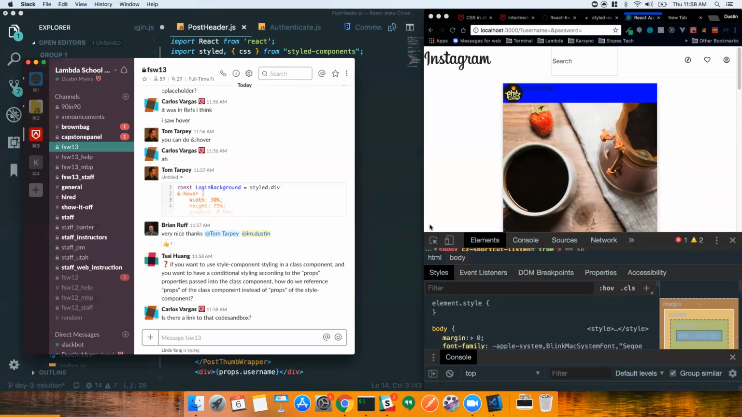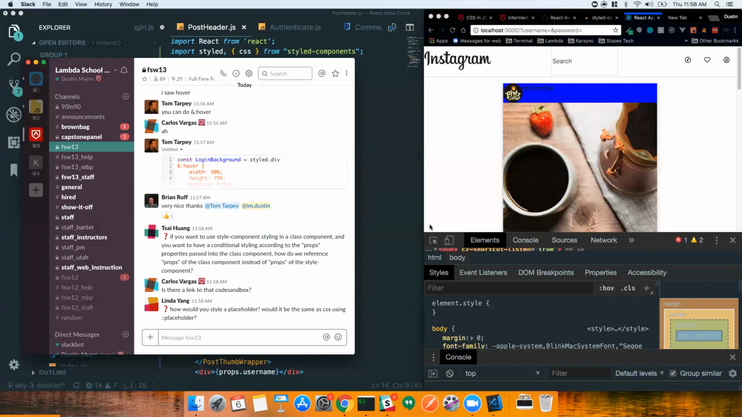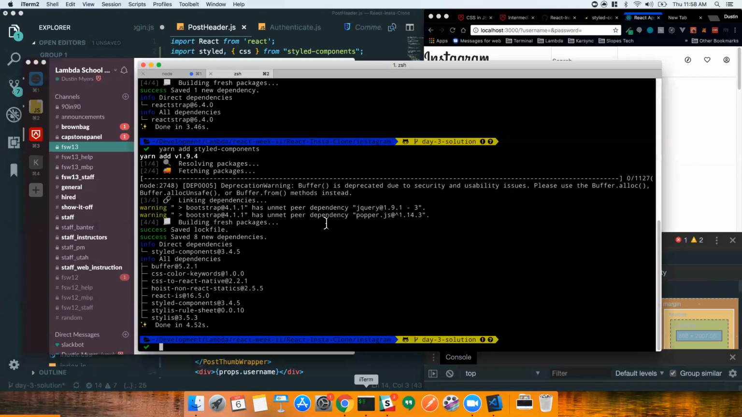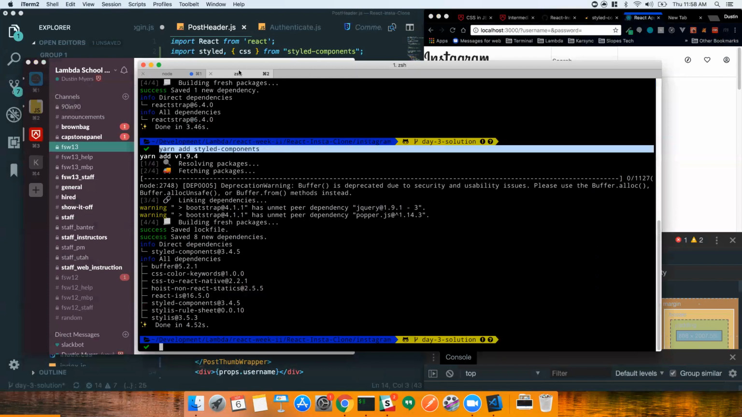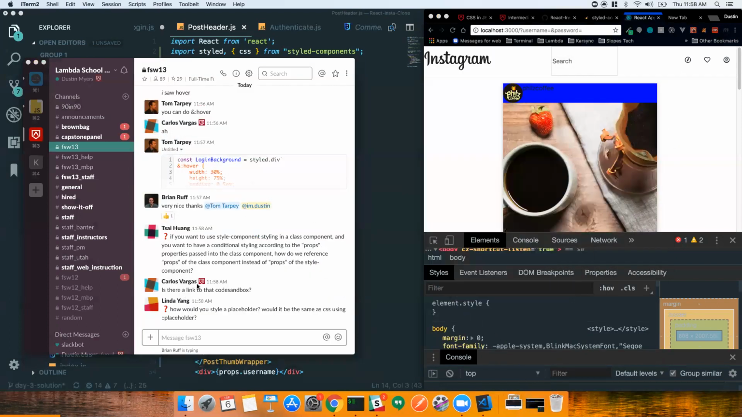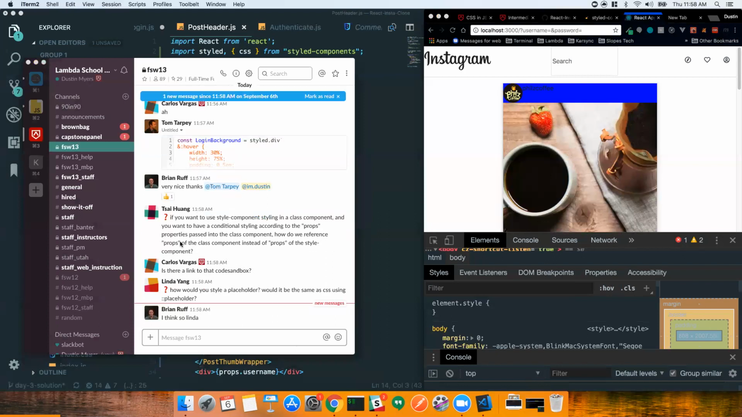This is done just locally, so we could go through the iTerm and look at adding packages. So I don't have a CodeSandbox yet. Okay, so